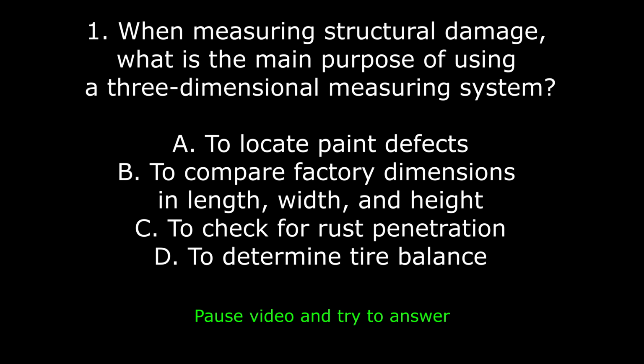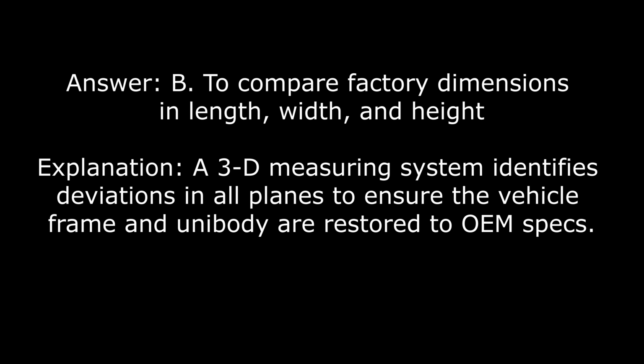When measuring structural damage, what is the main purpose of using a three-dimensional measuring system? A. To locate paint defects. B. To compare factory dimensions in length, width, and height. C. To check for rust penetration. D. To determine tire balance. Answer: B. To compare factory dimensions in length, width, and height. Explanation: a 3D measuring system identifies deviations in all planes to ensure the vehicle frame and unibody are restored to